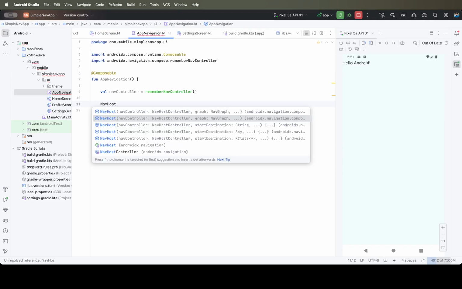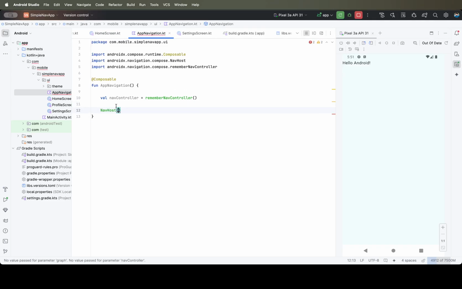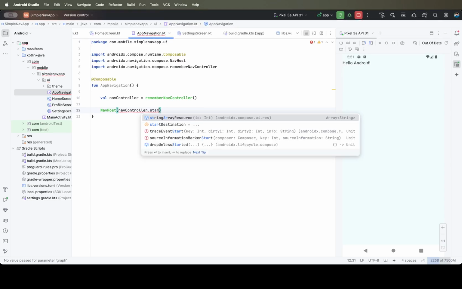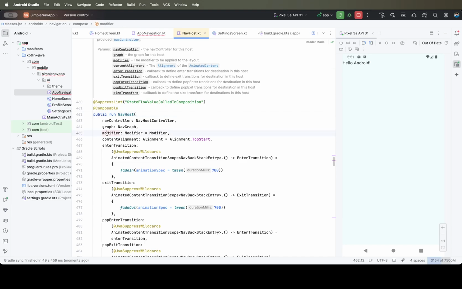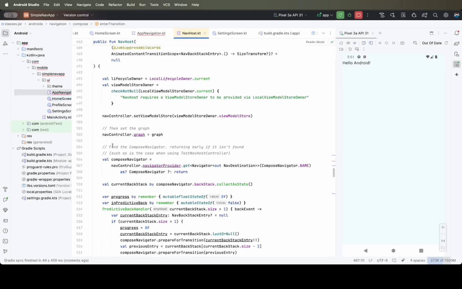Okay, I think now it is resolved. So what I'll do, I need to pass a nav controller and I have to pass a start destination. Okay, so I'll keep the simple name start destination. Let me see whether it's start destination or what is there. It is available. Now host,